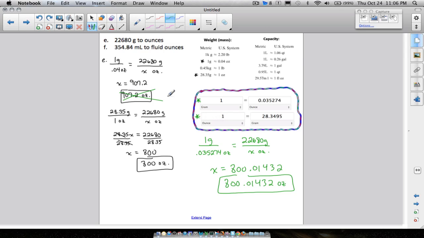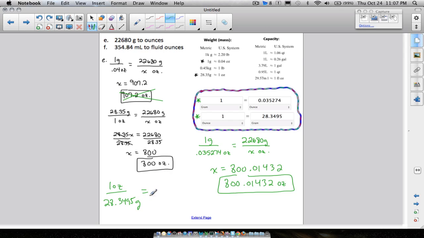This number right here looks kind of crazy, to be quite honest with you. But hey, we're pulling it off the table. There's nothing wrong with that. It's just that this number was rounded, I would say, a little bit too early. We're using something like that in the problem we just did. But let's set this one up. How about 1 ounce is the same thing as 28.3495 grams. That's what we have right there.